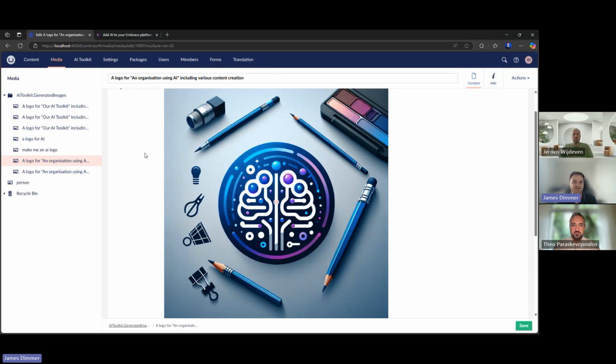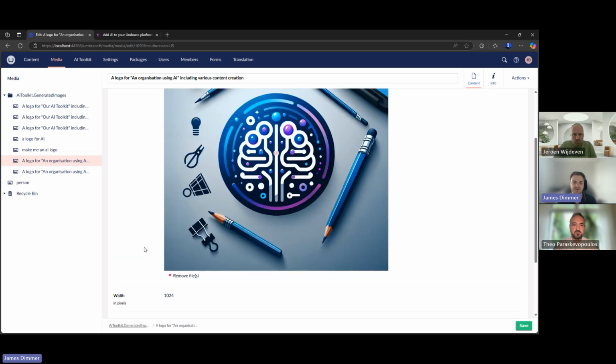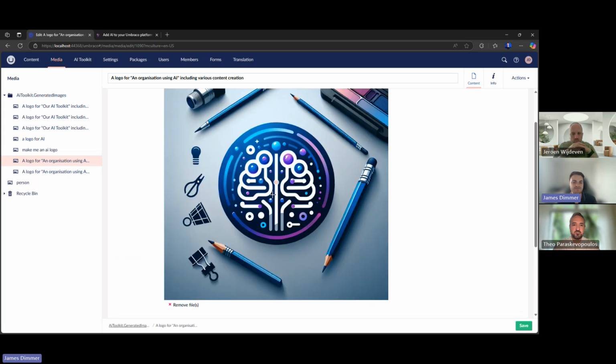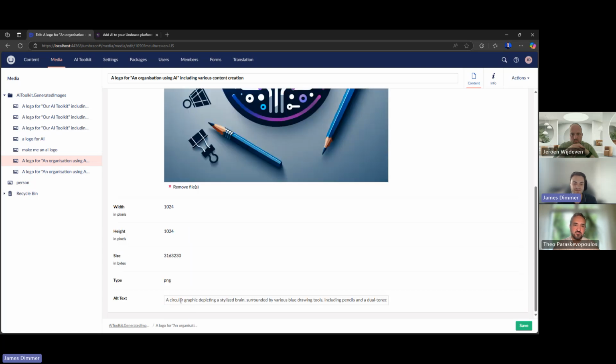Well, if you go for the latter approach, the moment an image is saved in the back office of Umbraco now, if you have an alt text field populated and configured, then we'll go and generate it for you. So what we've done again is we've made a prompt that's very clear and concise as to this is how an alt text needs to be produced. So it's focusing on the primary center of the image. Now it's going to look and see what is in more focus. So say if this pencil up here was in more focus than the actual center, then it would focus more on the pencil. And then we've got our prompt that's generated from that.